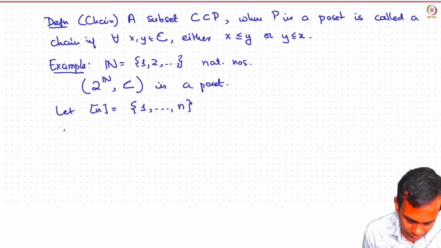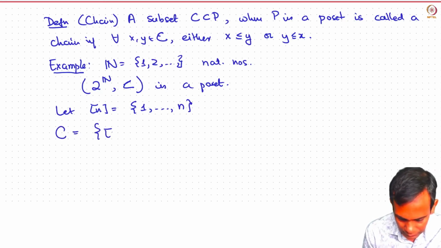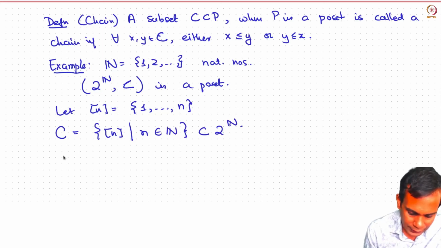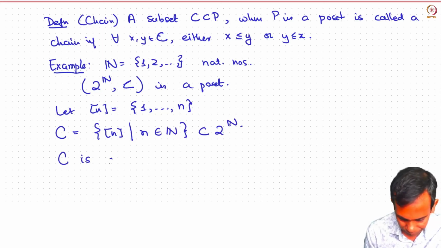Then you look at C equals this collection box n, n belongs to N. This is a subset of 2 to the power N, and C is a chain, because